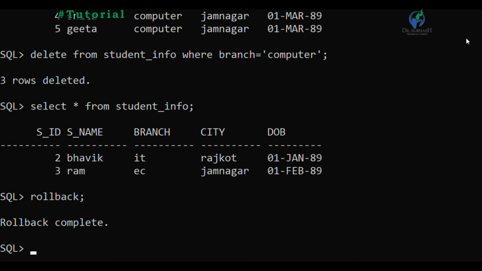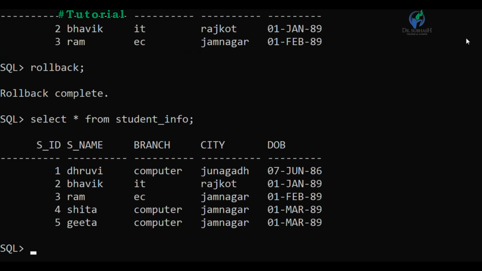Output is rollback completed. Let us see the output. What did the rollback perform? You can see the output. All the deleted records come back, or the delete transaction is cancelled. The delete operation is cancelled.